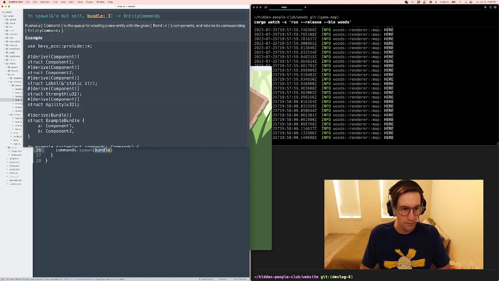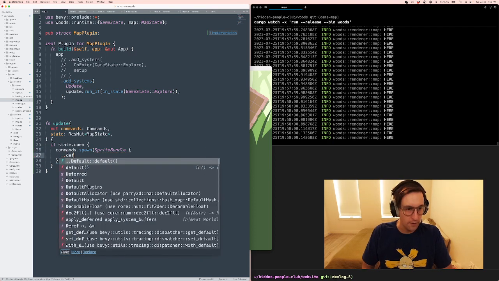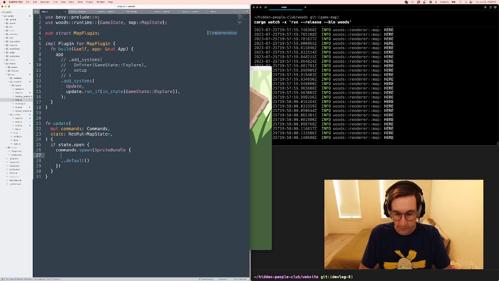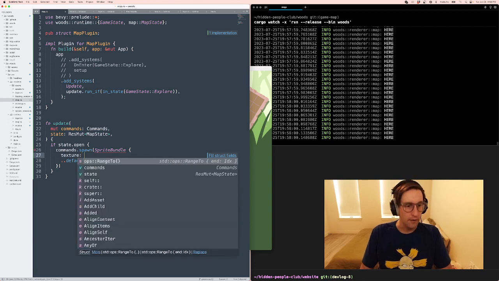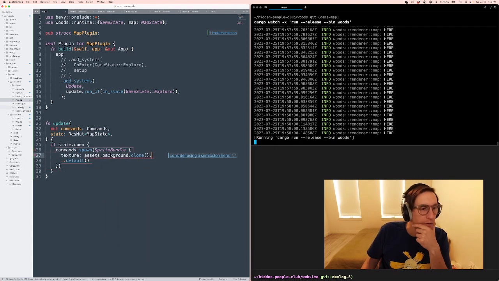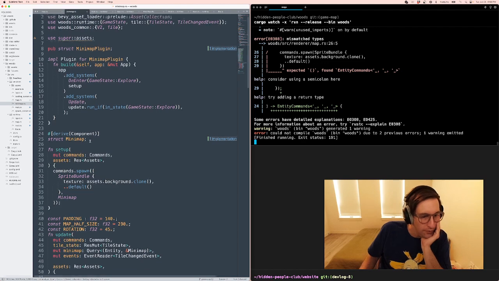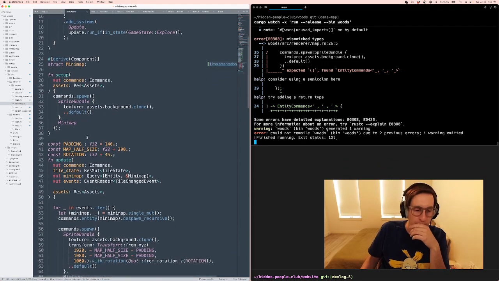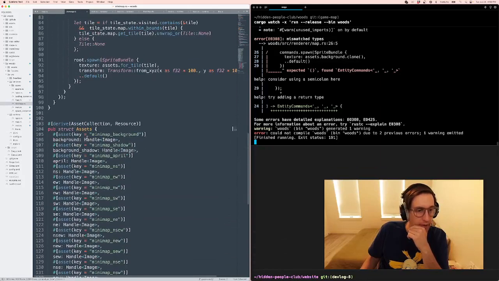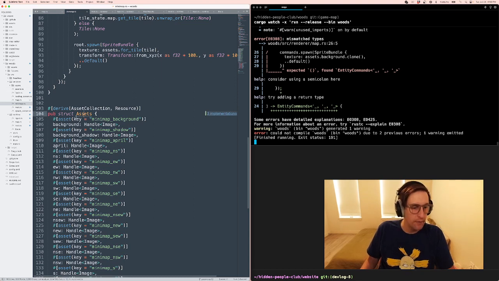So I'm going to spawn the sprite bundle, which is the one that takes care of rendering sprites, texture. And here's the thing. We are using, and this is the reason why I cannot add easy tests here, we are using a crate called Bevy asset loader, which allows you to create